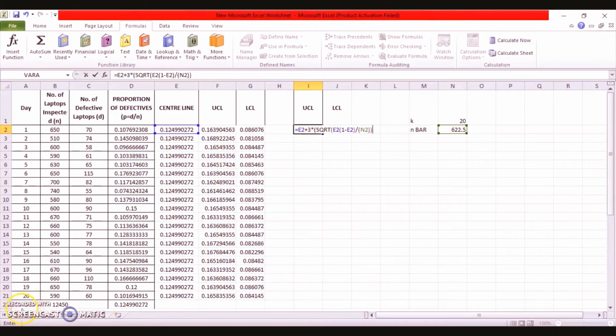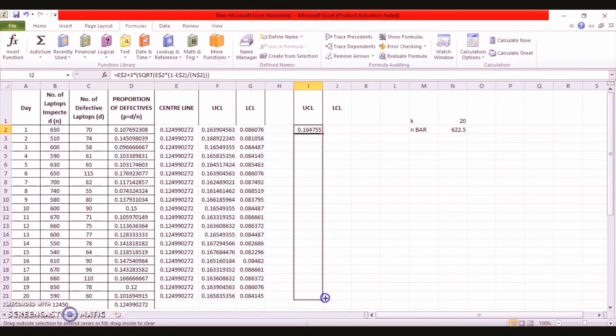So we found the value of N bar here, this is 0.164. You will say what is the difference, it's almost the same. I'll put down a dollar sign here because we're not changing any values here. We don't have any variability in the values. Just drag it till this point.